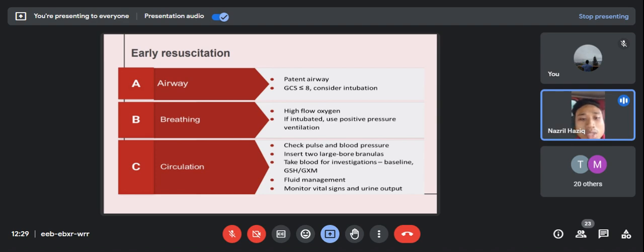Okay. So in any emergency, in any resuscitation, we need to follow the ABC, which is airway, breathing, and circulation. So as a houseman, we need to consider the patient's airway, the GCS score, whether it is less than 8, and then for breathing, we give high flow oxygen, and for circulation, it is important to insert two large bore cannulas for the patient and check pulse and also blood pressure, which are vital signs, because